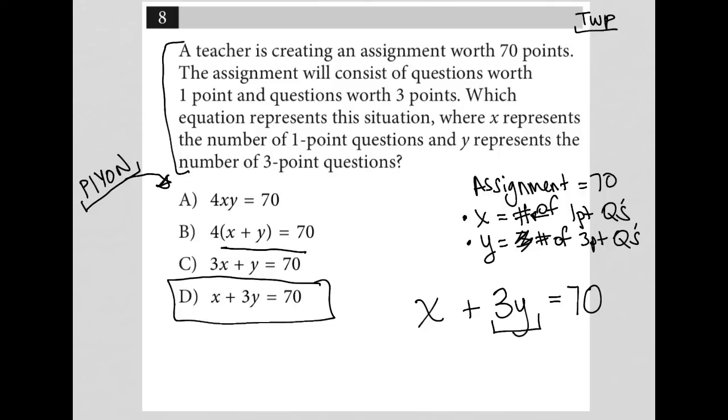So hopefully that makes sense. Again, x is the number of 1 point questions, however many I have. 3y represents the number of 3 point questions, but also multiplied by the point value per question, which is 3 points. And when I add all that together, I should get 70. So my correct answer here is choice